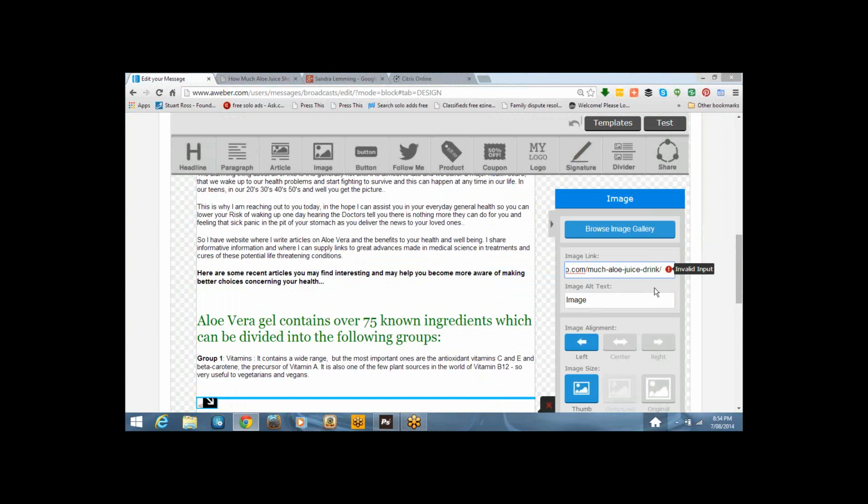Now, when you put a link in and you get this invalid input here, just hit your arrows and go back to the front of the link. It'll reset and it'll search and register your link as long as it's the correct link. Okay, so that's the link that's going to be associated with the picture.